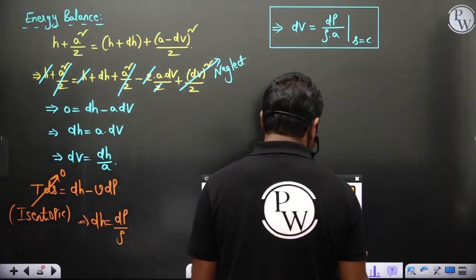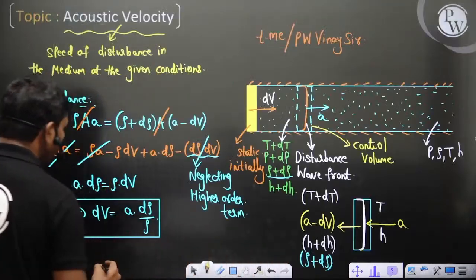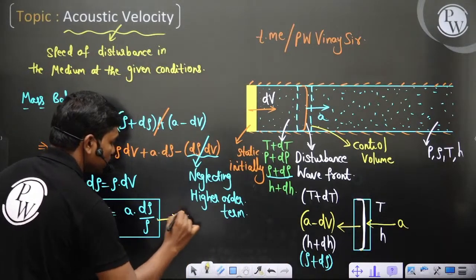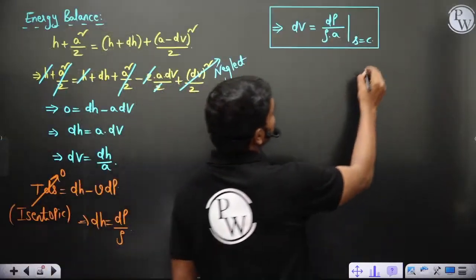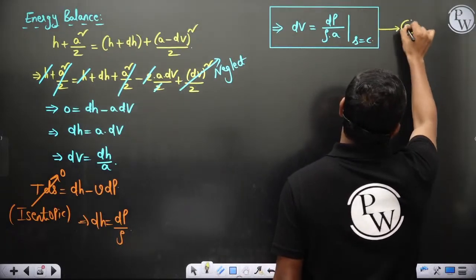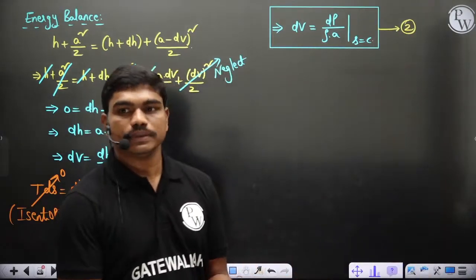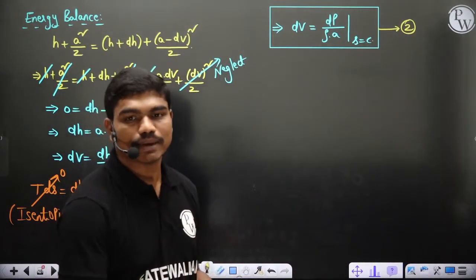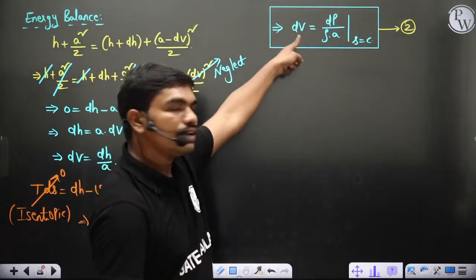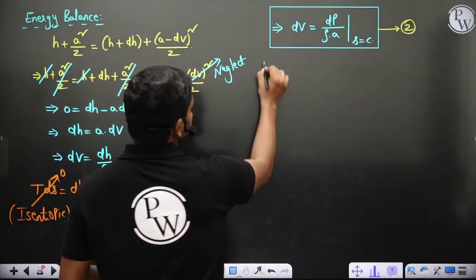Now you can understand one thing, from mass balance you got dv is equal to some quantity, from energy balance you got dv is equal to some other quantity, but for consistency these two have to be same. Yes or no? Whether you calculate it from mass balance or energy balance doesn't matter, this dv has to be same in both the cases. Therefore